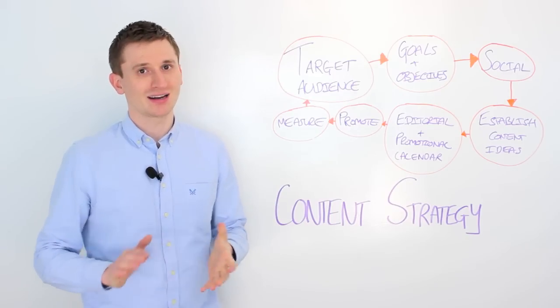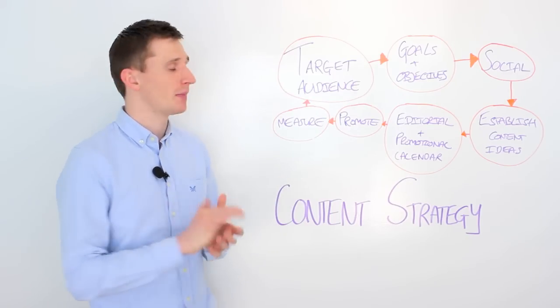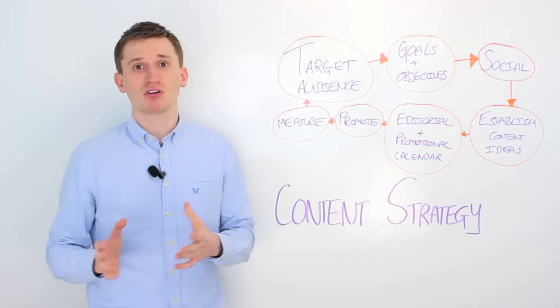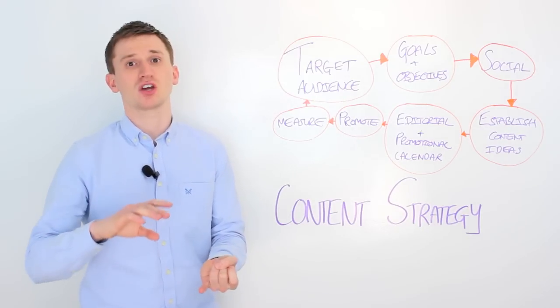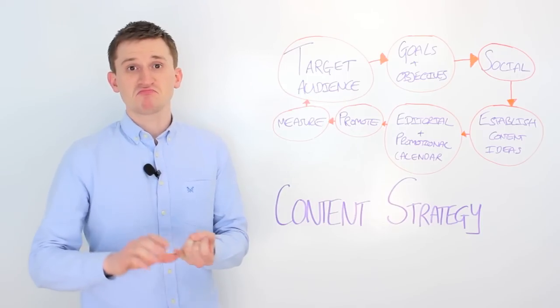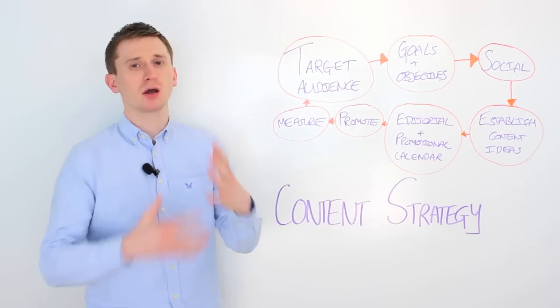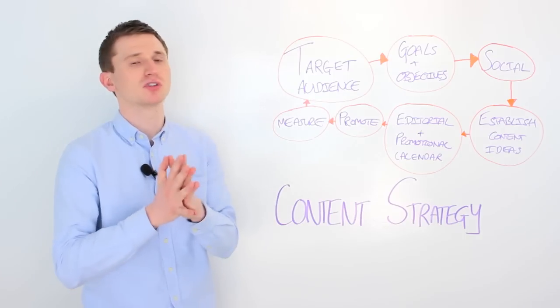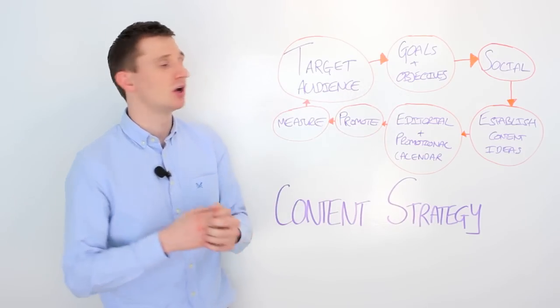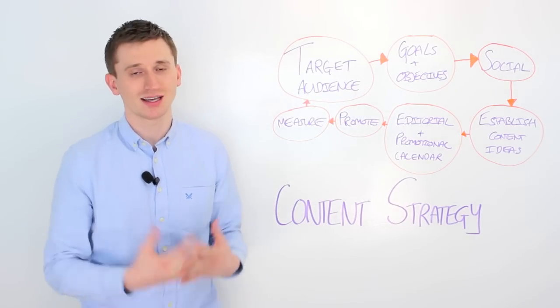Another way in which you want to find out information about your target audience is to pull off data in Google Analytics, and you can pull off an audience report in there. This gives you key demographic data based on things such as location, age, gender, personal interests. Once you've painted up a really good picture of who you're targeting, you can then create your own goals and objectives for your content marketing campaign.